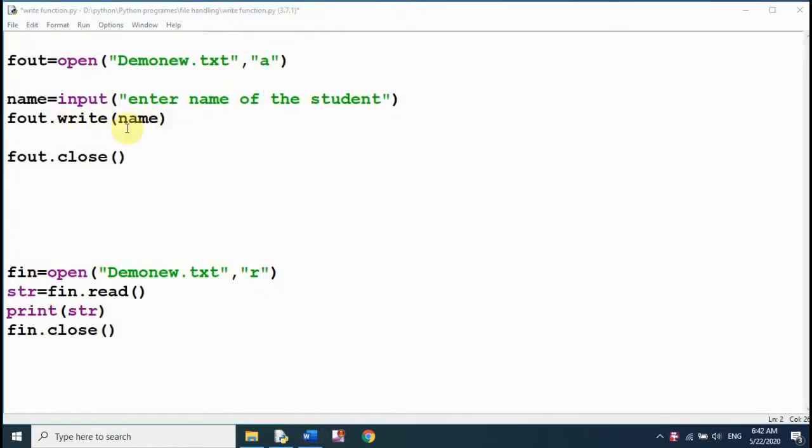Our first function is the write function. Let's see how it works. Here we have created a file, demo new .txt, and we have opened this file in append mode so that the file can contain old data and new data. Let's run this program and check the output.